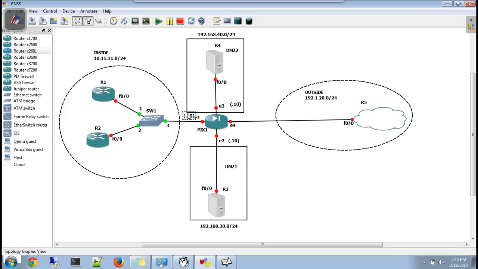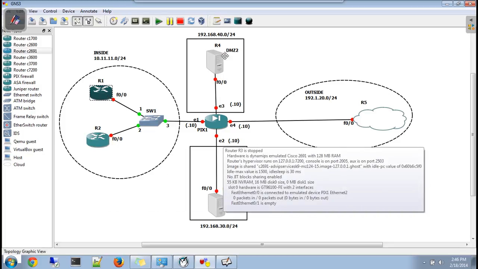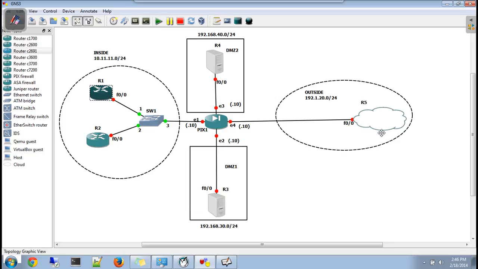E1 is also dot 10 and E4 is also dot 10. So all the interfaces of the firewall are dot 10 from that particular network. For the routers, R1 I'll keep dot 1, R2 dot 2, R3 dot 3, R4 dot 4 and R5 dot 5. Simple addressing.